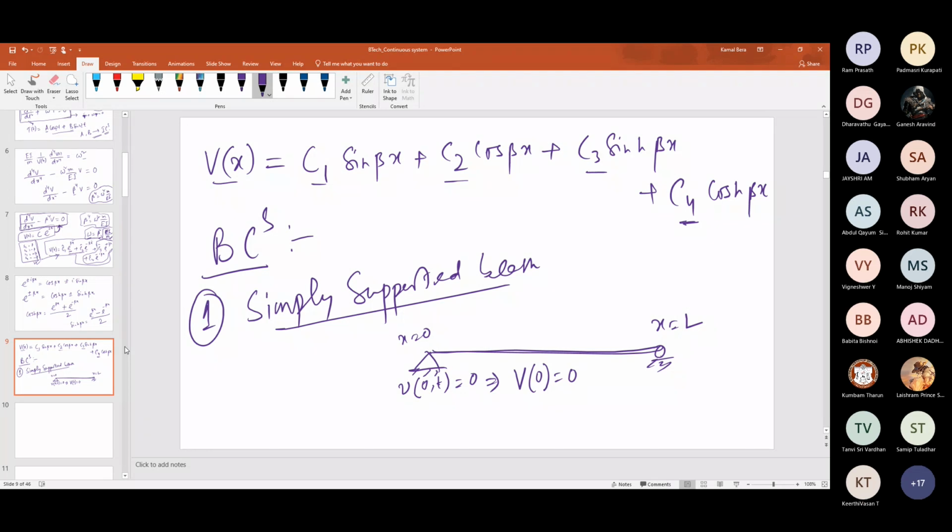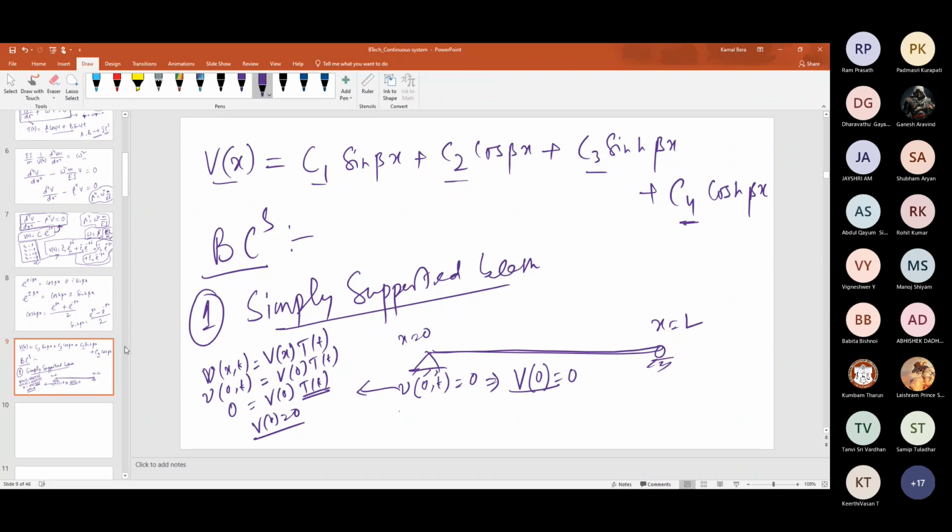Yes, sir. Right, because small v of x, t is equal to capital V of x into d of t. So small v of 0, t is equal to V of 0 into d of t. This is 0 into d of t, and d of t is in general not 0. So V of 0 is 0. That is why it is written. Similarly, I can write the slope, that is del small v by del x, equals 0, right?